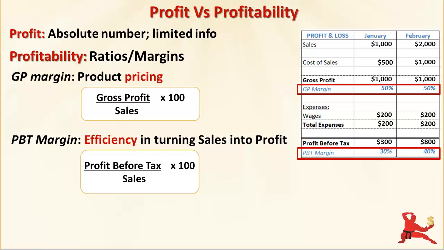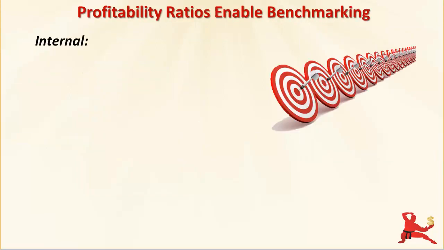Your profit before tax margin is higher because even though you doubled sales, you haven't had to pay out more in wages. So your business is now converting more of each sales dollar into profit. Using margins enables you to benchmark your business's performance in a far more meaningful way than just comparing absolute numbers. You might be making more sales, but are you making more money out of each dollar of sales than you